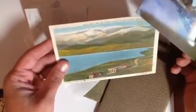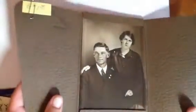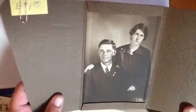And then just some other postcards that were only a quarter. So I just thought they were interesting. I tried to get some that had writing on them. There's one of my receipts. And then here's some beautiful photos. And I just thought they were really neat. And I love that they're in these little